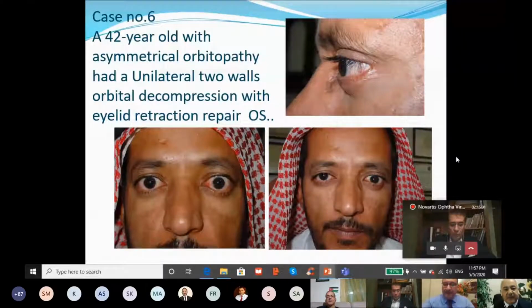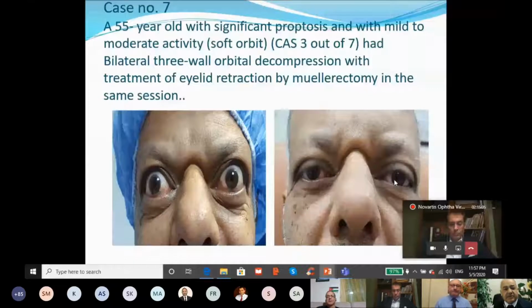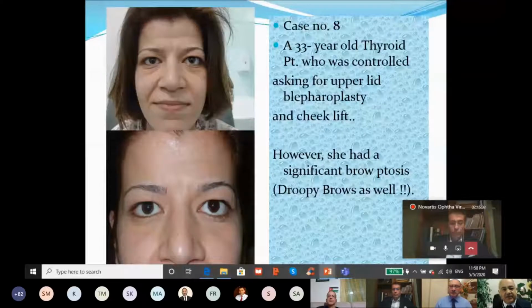The seventh case is bilateral with soft orbit. This is the soft orbit, fatty tissue mainly, in a 50-year-old with significant proptosis and mild to moderate activity. His CAS is 3, and he had bilateral 3-wall orbital decompression with treatment of eyelid retraction by Mullerectomy in the same session simultaneously. And the last case is a 35-year-old thyroid